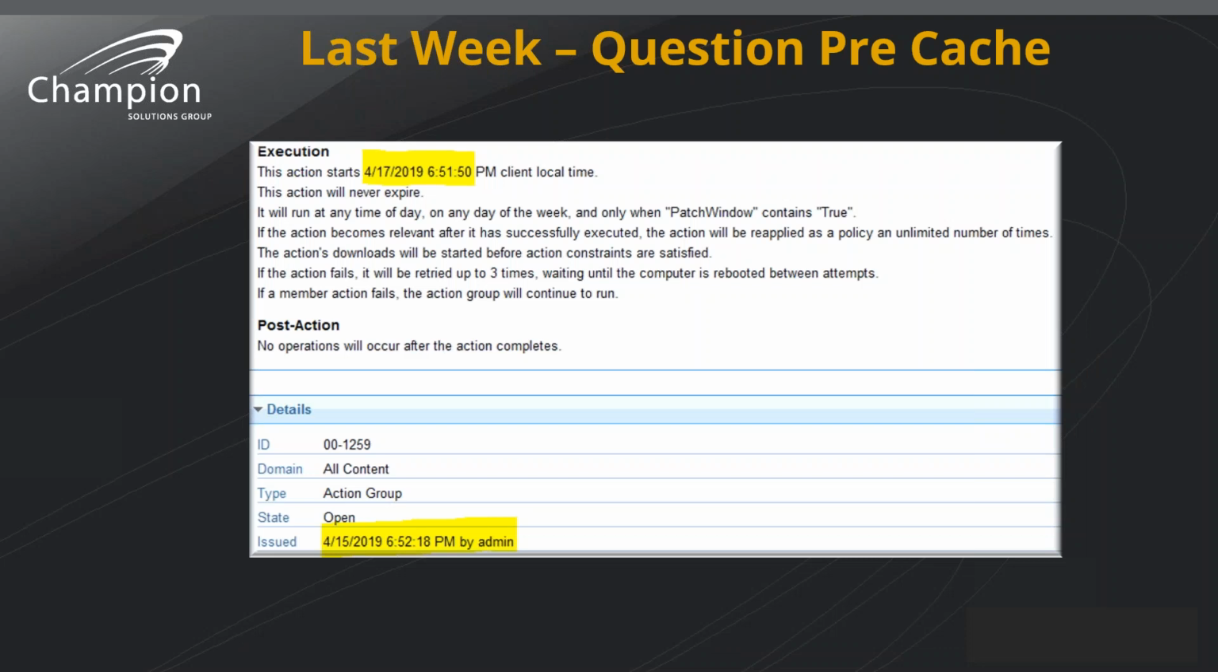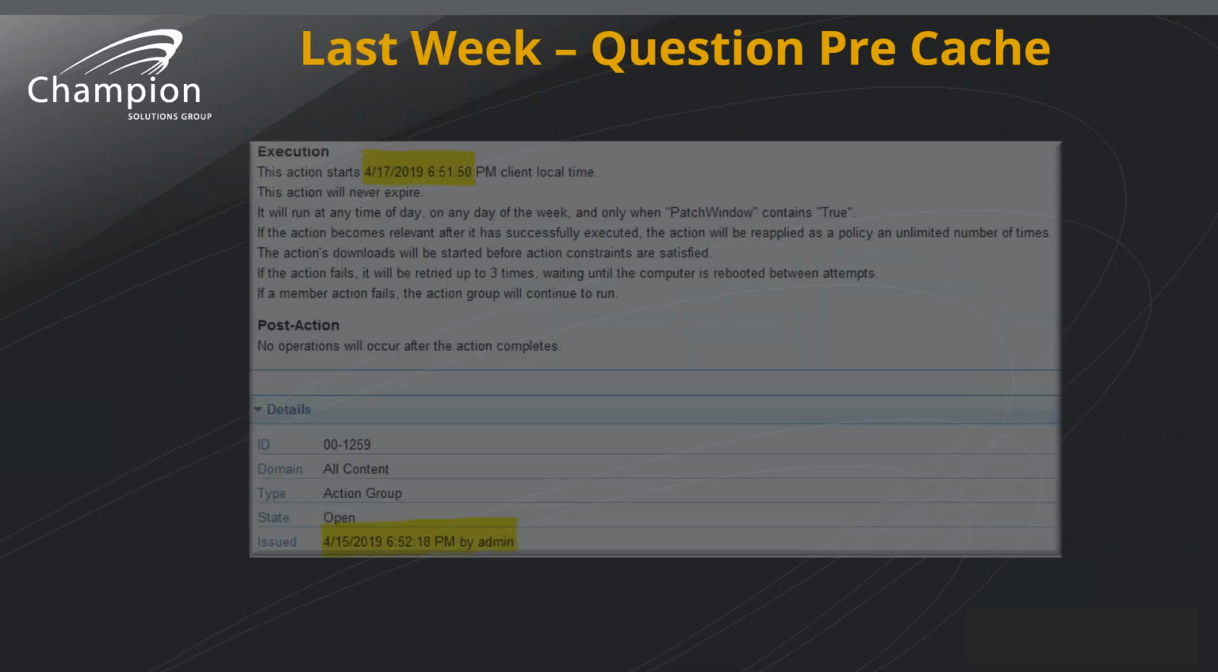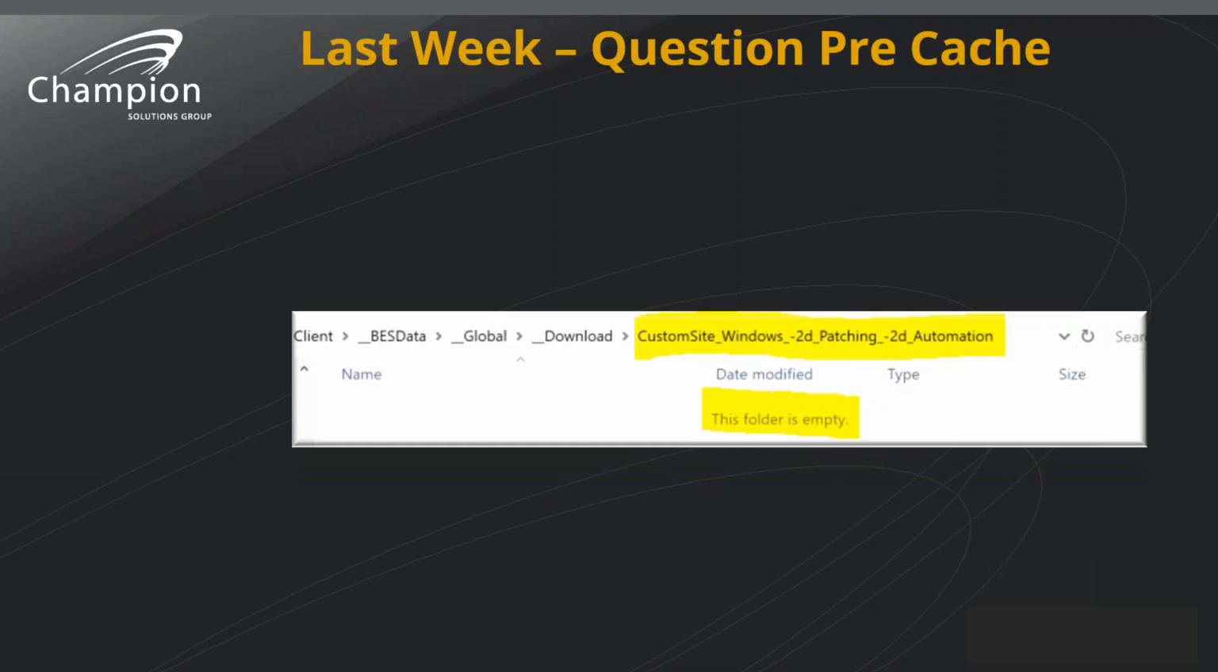You have the capability to start client downloads before the constraints are satisfied, and yes, it will push the files all the way to the endpoints. That's what we want to show you here today. So if we notice, this action does not start until the 17th. And the reason we pre-recorded this clip was that we were worried if we didn't have enough time to actually show it live. So at this point, if I go look at my downloaded area for this custom site,